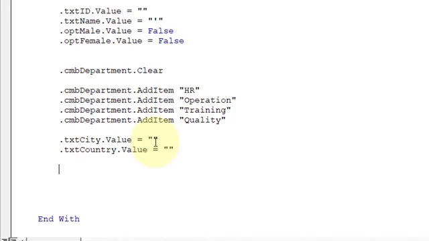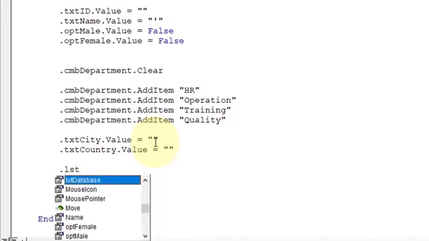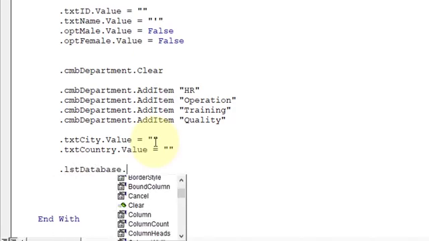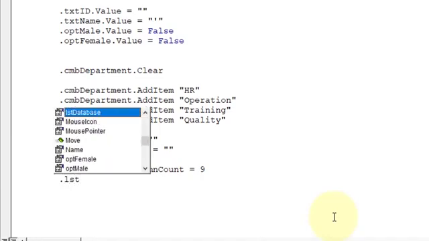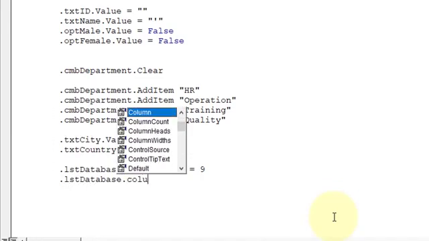So let's give lstDatabase.ColumnCount is equal to 9. So we have 9 different columns, so that's why for this list box we are giving the column count as 9. And again .lstDatabase.ColumnHeads, like in our database worksheet we have a header section.